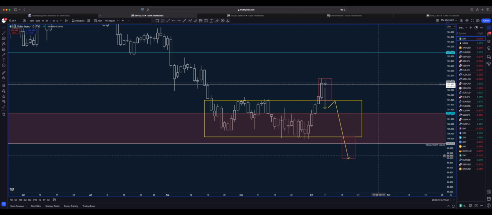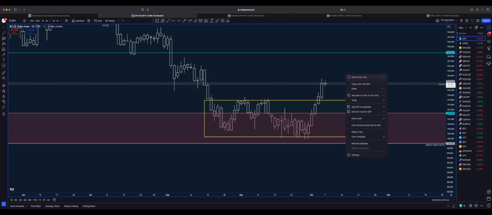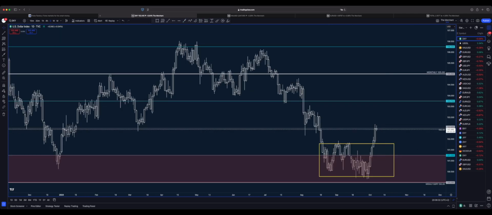Okay, and remember that, because I will show you on another chart that there is a very big potential for the price to move to the downside. Okay, this is just one thing, guys, to keep in mind. So the deciding factor here is how the price is going to behave around this area. Okay, so this is basically for this chart.